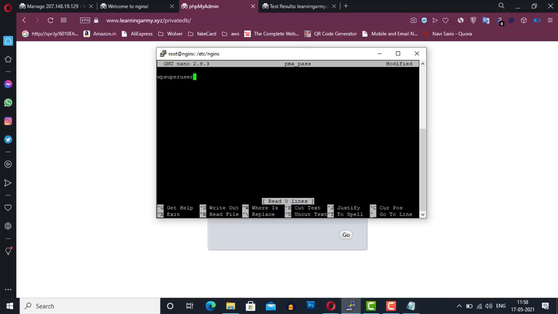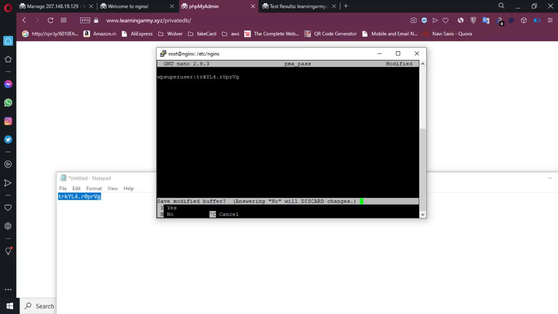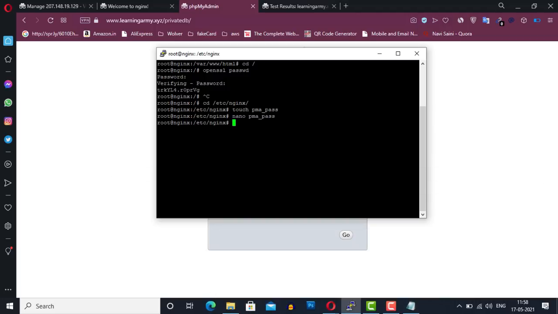So go ahead and type a colon and paste the password. Now press Ctrl and X to exit and Y to save and hit enter. We have created our authentication file using the username and password.